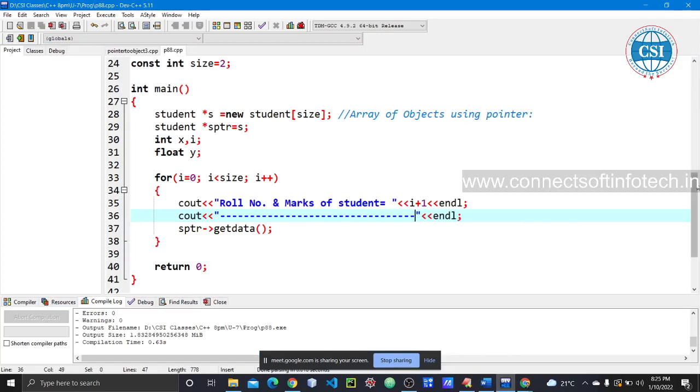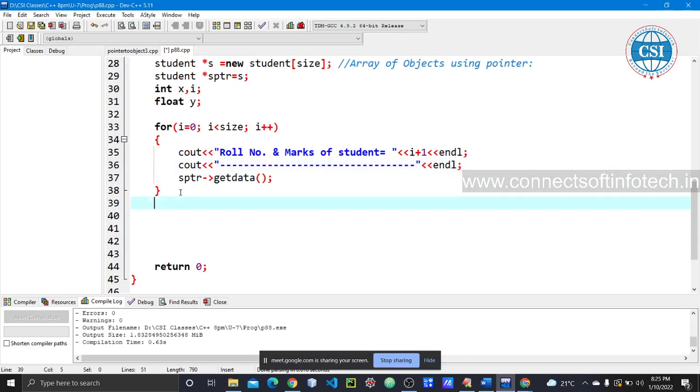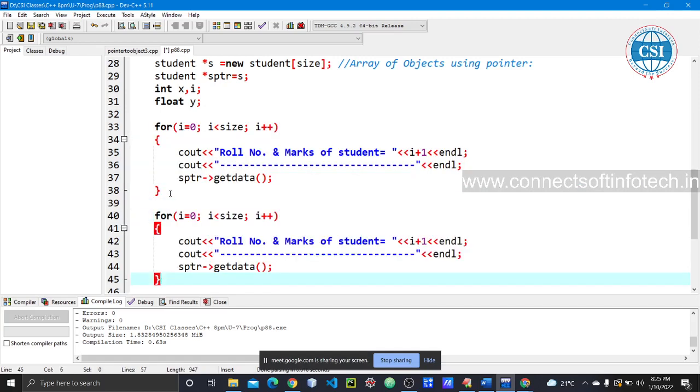So now again implement this for the show data function. Okay, so for that purpose you need to write again one for loop, right? Okay, so just I'm going to copy paste this, this is for the get and this is for show. Okay, so same thing.